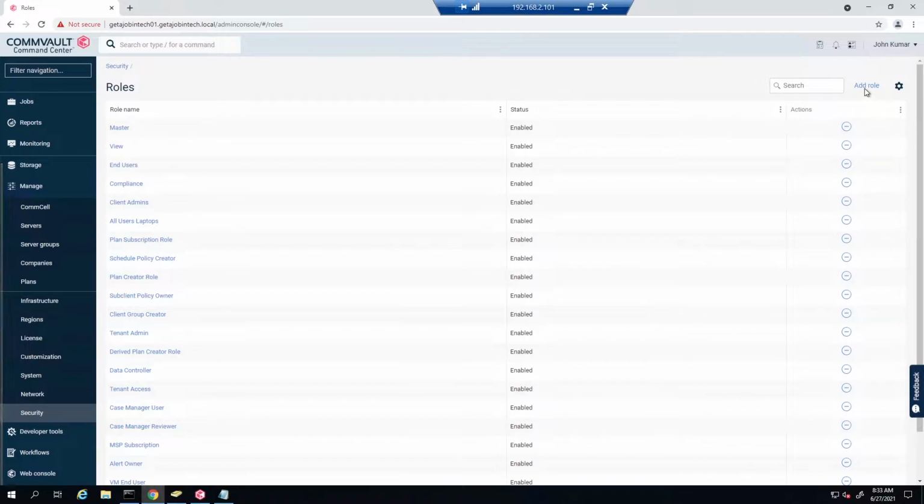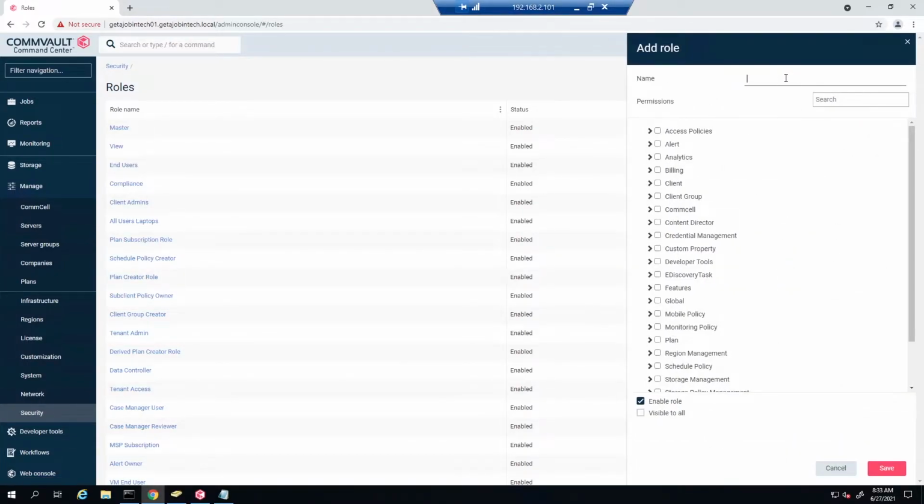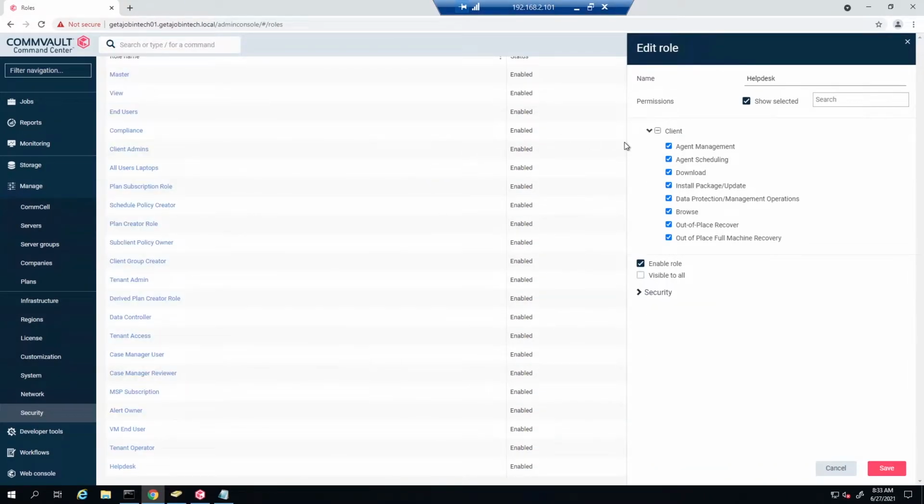I'm going to select Add Role. I'm going to give it a name and give it different permissions. In my case, I gave it permission similar to a client, minus being able to delete the client. The name of the role is Help Desk. So once I'm happy with it,